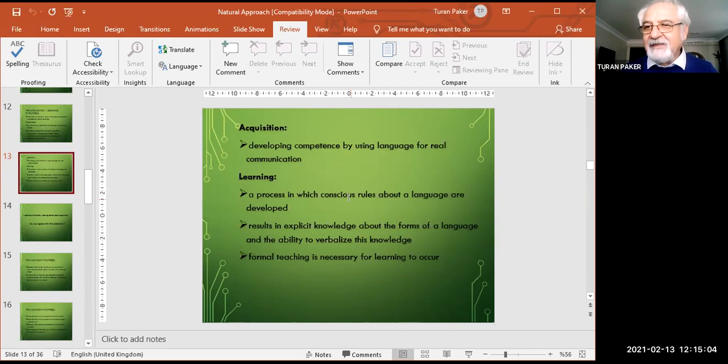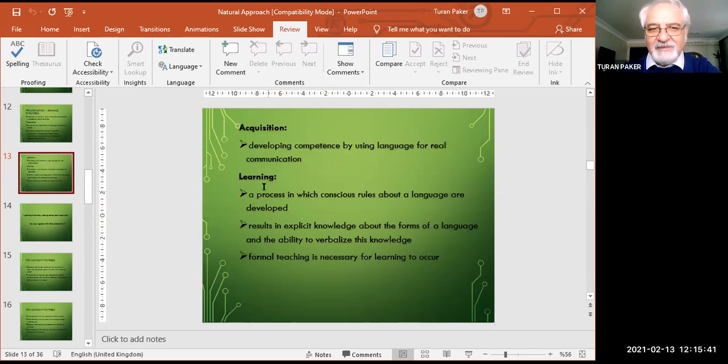If you talk about this meta language with young learners, they will be blocked. For example, when you talk about adjective, they say, what's adjective? What is adverb? How can you explain to a 5, 6 or even 7-year-old child what an adjective is? It's the meta language that we use as adults. So we should teach through activities that they are going to deal with or that they are going to be interested in. So formal teaching is necessary for learning to occur from time to time.